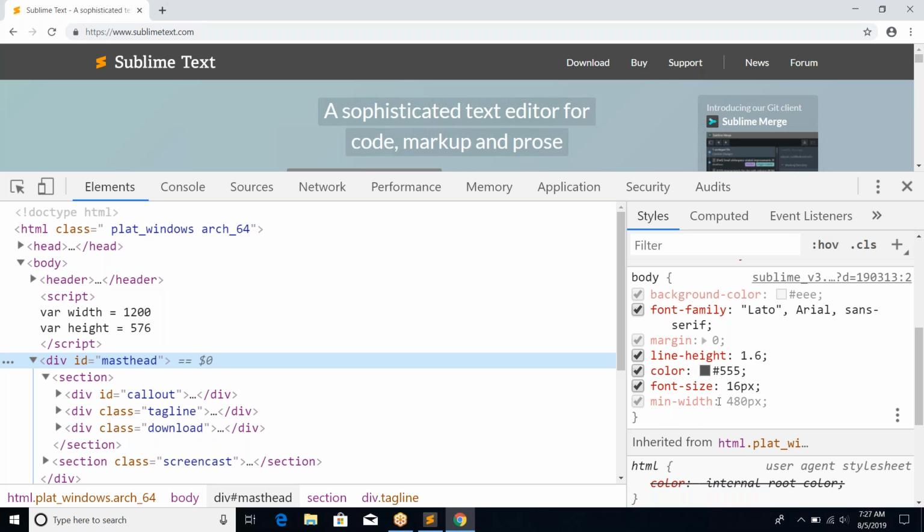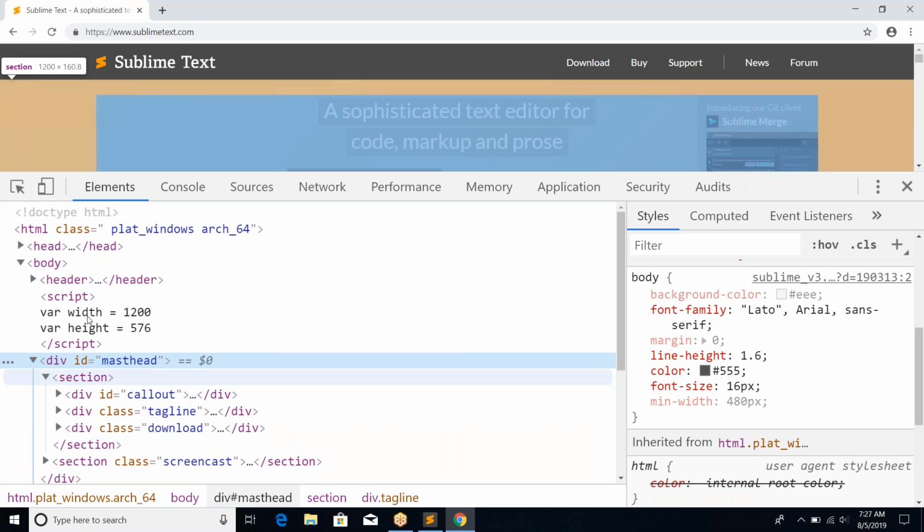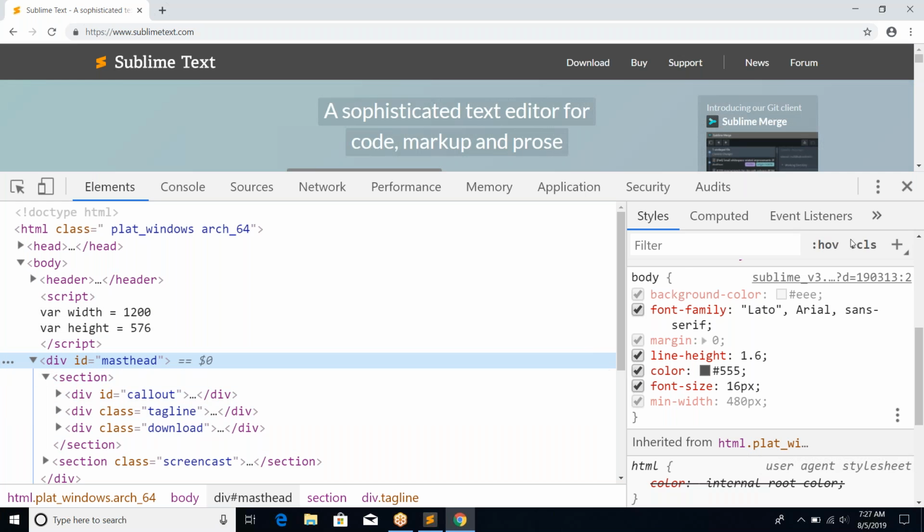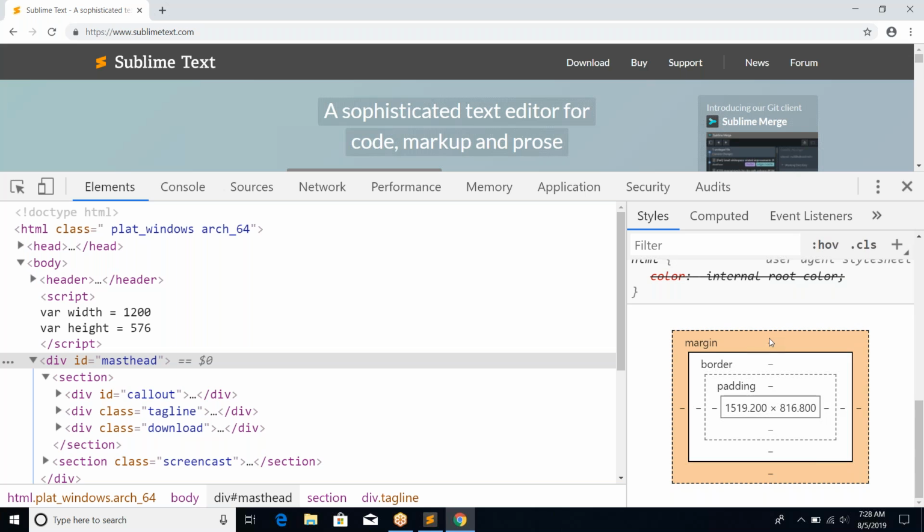So we have these particular elements and we are defining those particular properties for the elements. So we will see what the elements are and what kind of elements we'll be using in our HTML. But if you can see here, each and every element, whatever you're selecting, has some styles, with computed, event listeners and lots of other things like DOM breakpoints, properties, accessibility. So these are all the things a UI developer should consider